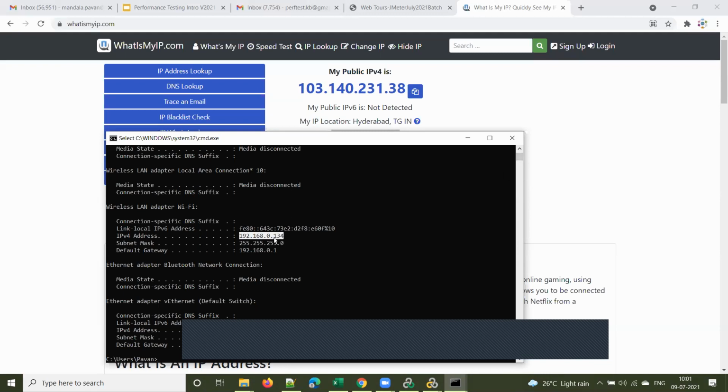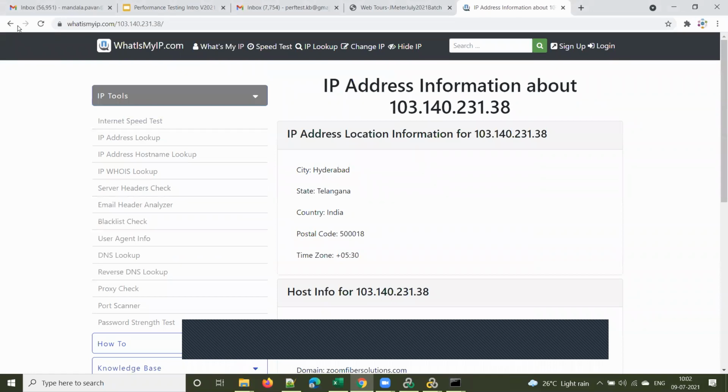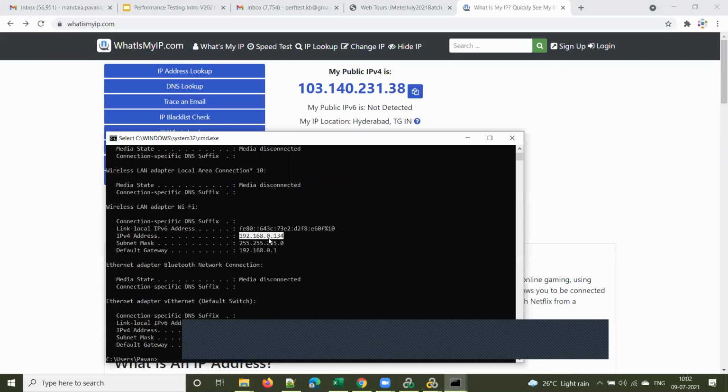In the same way, if you go to an internet center where there are 5 or 10 machines, each machine will have a different private IP. The purpose is to uniquely identify each machine. The public IP is something like your house number or plot number, and the private IP is something like your flat or apartment number.